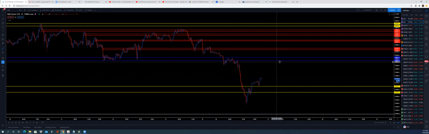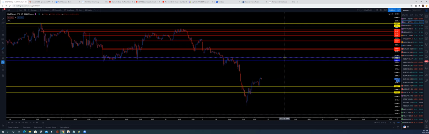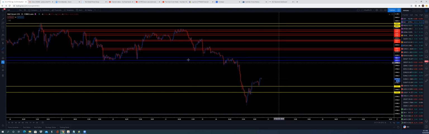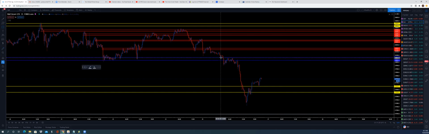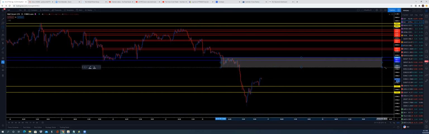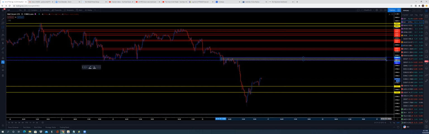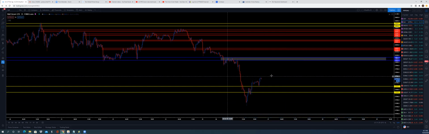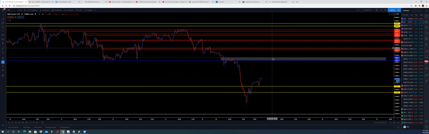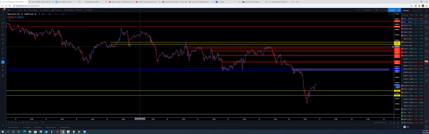I want to see how U30 reacts to 28,025, 28,065. This zone right here. I want to see if U30 is gonna fake it or if it's gonna check it. If it checks it, it's gonna break it and push up and come back up here and retest